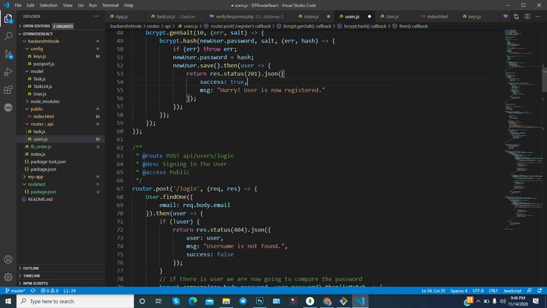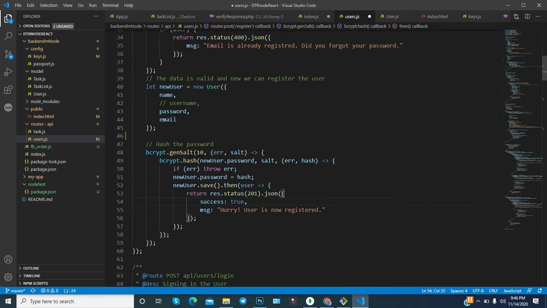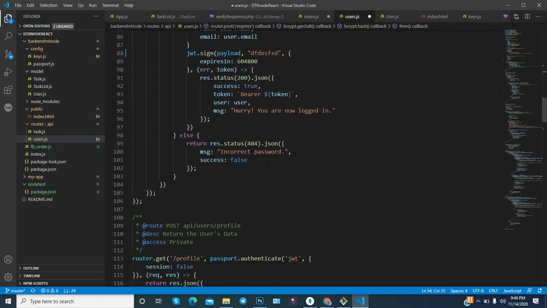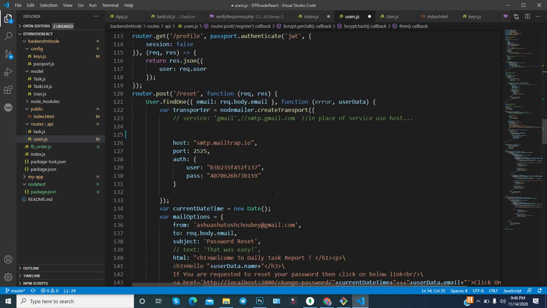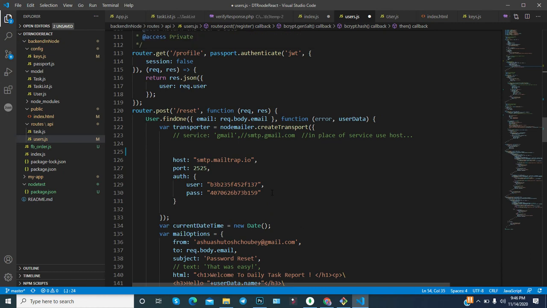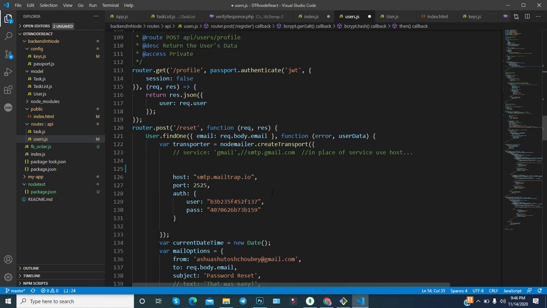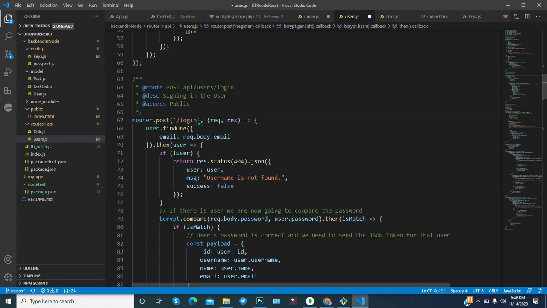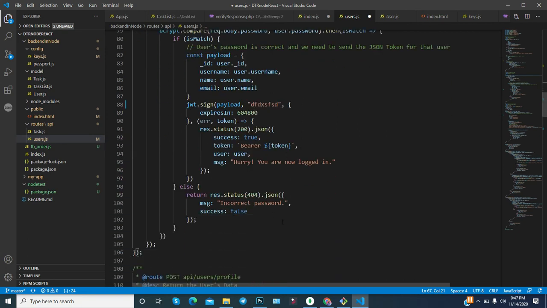If everything is fine, then the success will be true, and the message is something like that. So you understand how you can register the user and how you can use the JWT token. Now for the authentication, if a user will try to log in, and the password matches, then you are providing one token as well.